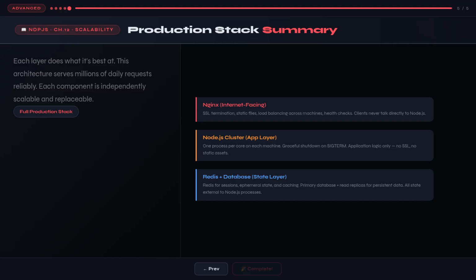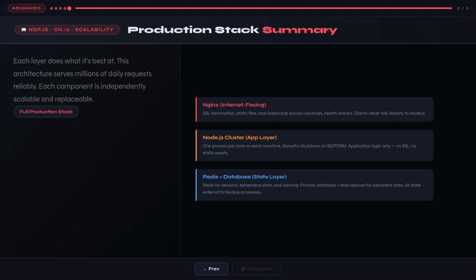Nginx's reverse proxy is the next layer, enabling you to handle SSL efficiently, serve static assets fast, and distribute load across multiple machines. At this layer, you're scaling beyond a single machine. You've added horizontal scaling at the infrastructure level. The stateful communication challenge is the hidden tax of horizontal scaling. Every time you add another worker or another machine, you must ask, does my application store any state that belongs to a specific process? If yes, that state must be externalized to Redis or a database before scaling will work